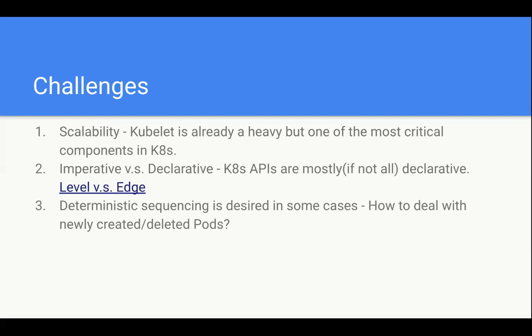Everything in Kubernetes is about level triggering, and signals and execution hooks tend to be more imperative. Basically, you send something and you leave it there, let it run. There's not too much need for retry logic like a regular Kubernetes controller would be doing in case of failure.